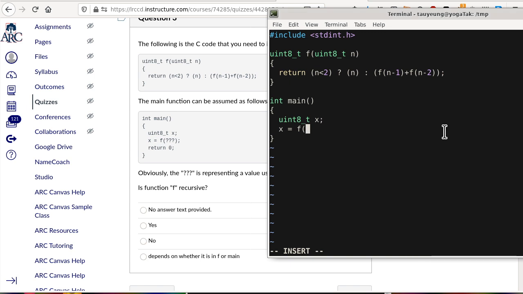Okay. All right. So, getting back to the question of what value we should use to test function f, you can always start with 0 or 1 because if it's